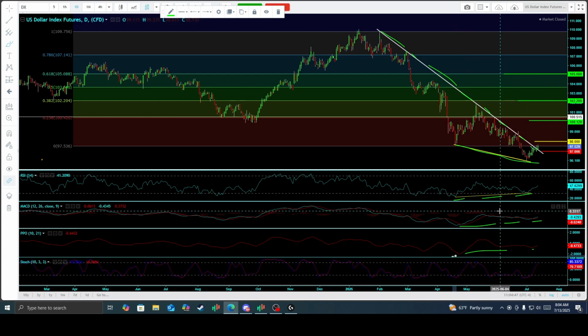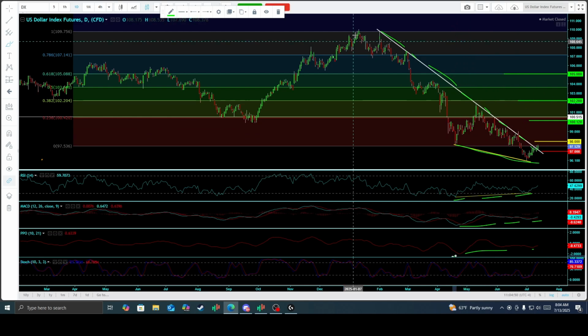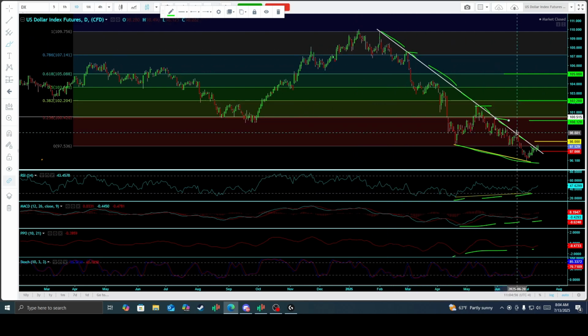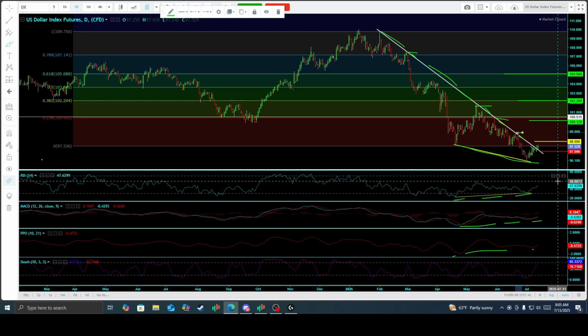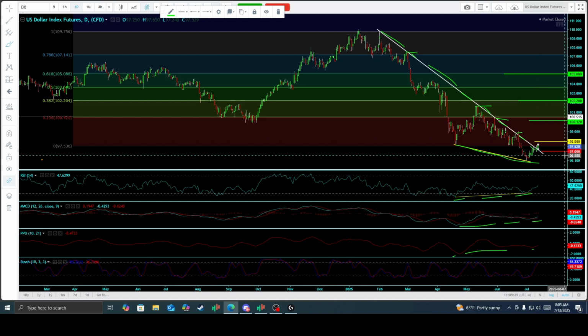indicators, where the US dollar index has been trapped really within a multi-month range and/or falling wedge, which is typical of a bullish reversal pattern, where a clean breakout from this wedge just occurred, accompanied by the bullish divergences on the relative strength index and a lower high in price, a signal that smart money might be accumulating underneath the surface here. Make no mistake, that is a solidified breakout structure, taking out the primary descending price resistance